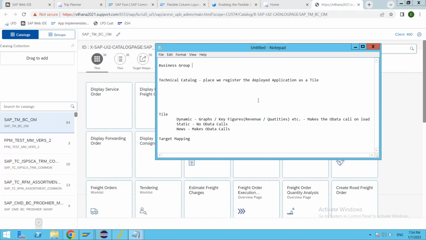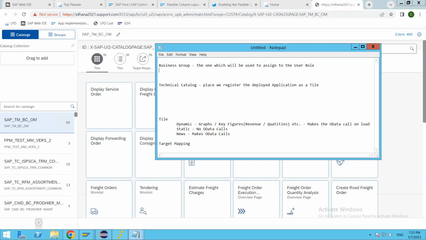Okay, so the business group is the one which will be used for the user role. Okay, tiles